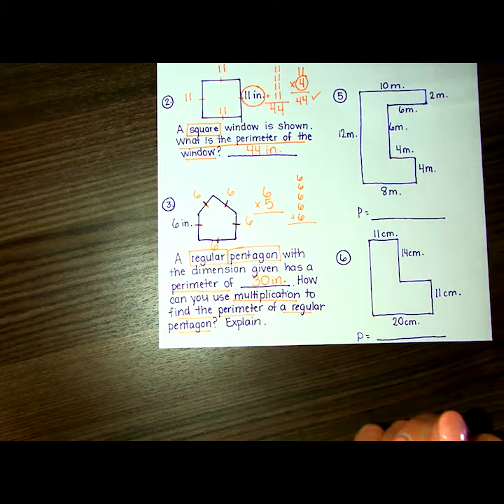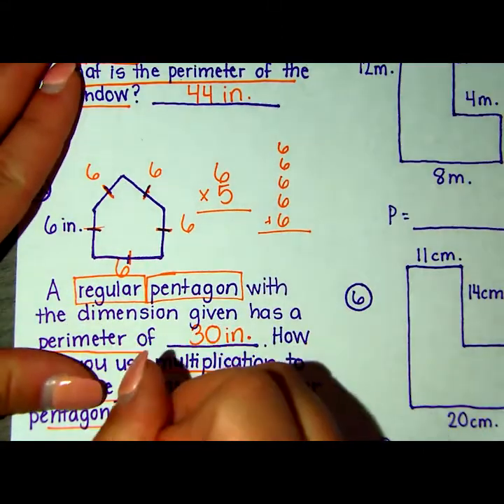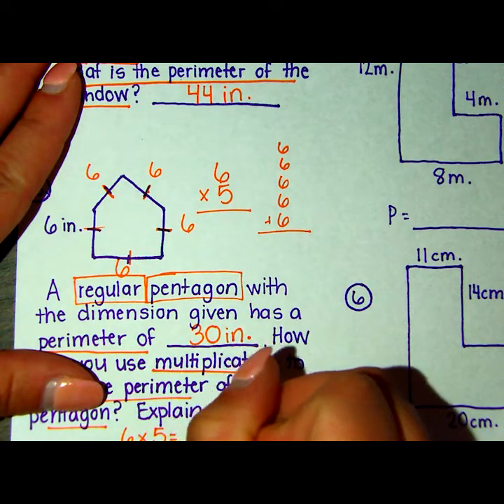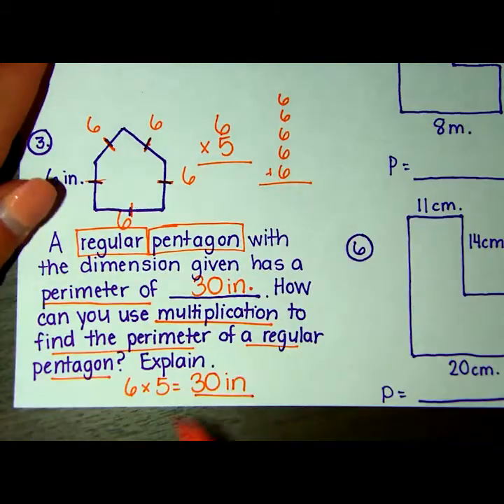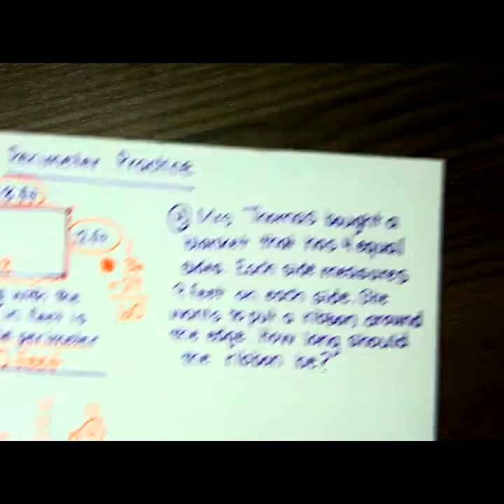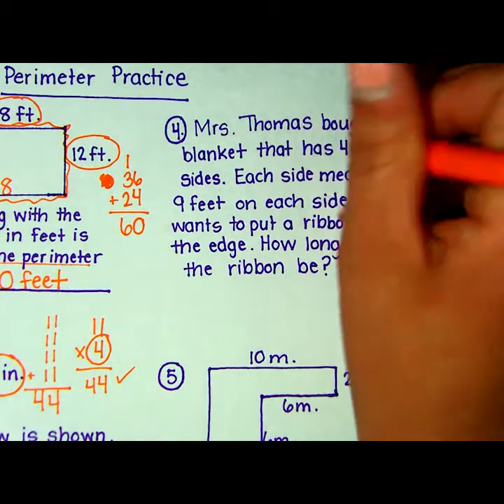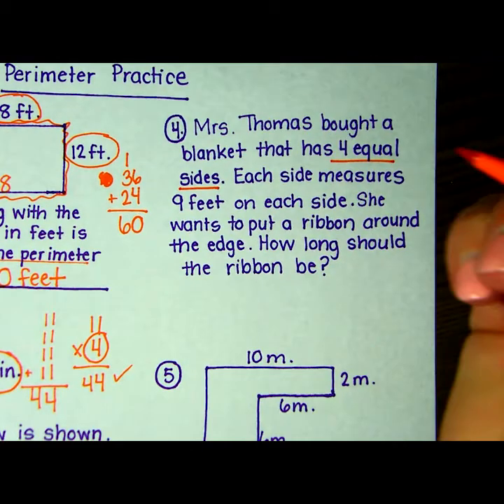And then how can I use multiplication? Well, that would be 6 times 5 is equal to 30 inches. So just including that multiplication equation here. All right, number 4, moving right along. Ooh, looks like a word problem. Okay. Mrs. Thomas bought a blanket that has 4 equal sides. Each side measures 9 feet